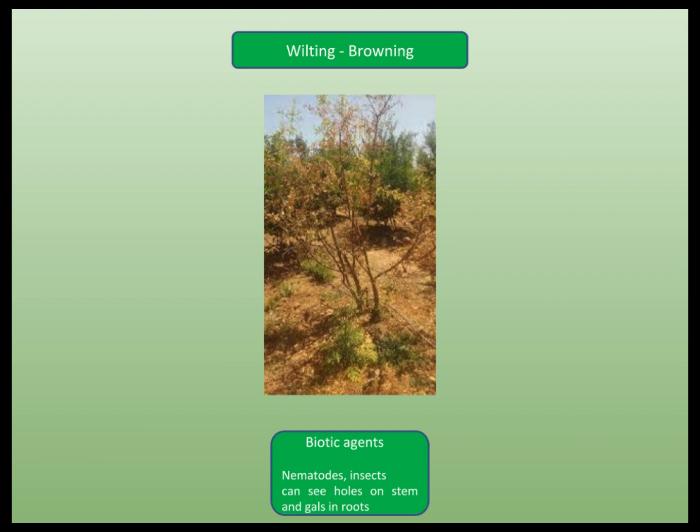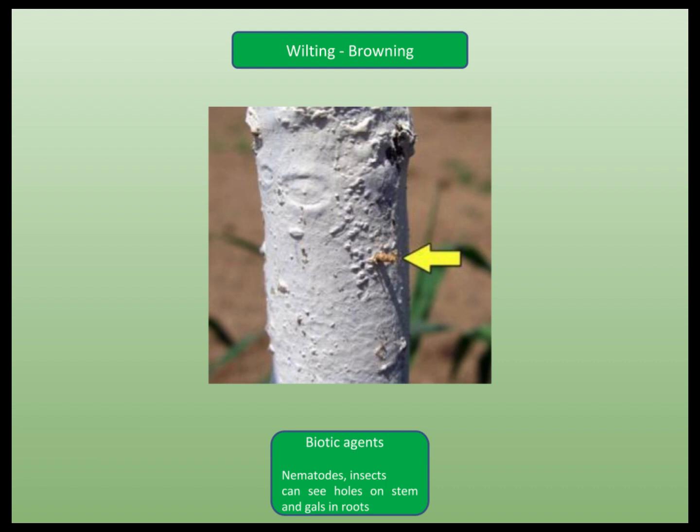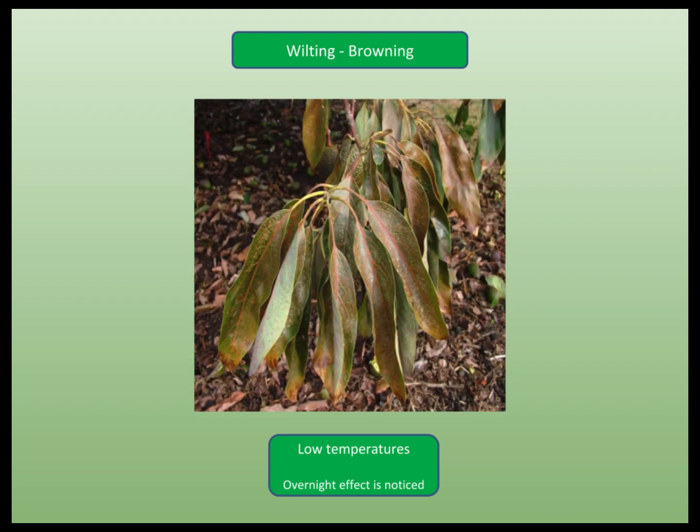If symptoms start appearing slowly and affect the complete plant or tree, then it might be due to nematodes, insects, and vertebrate animals damaging the root systems. In such cases, farmers must closely observe the roots for galls, root grubs, and other damages caused by rats, rabbits. On the stems, we must look for holes. If holes are seen, then it must be caused by stem borers. Accordingly, farmers must take up control measures. Sometimes wilting and browning happens overnight or within a short period of 1 or 2 days. Then it might be due to frost caused due to exposure of plants to low temperatures.